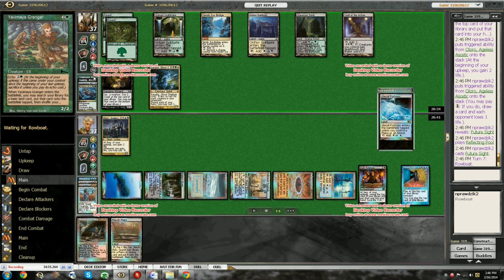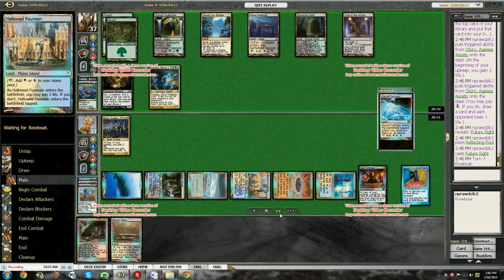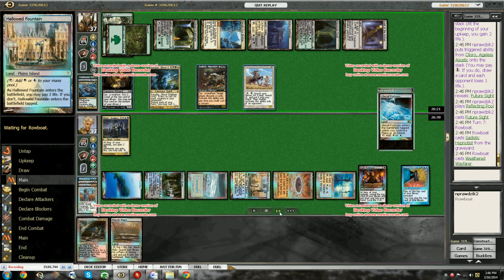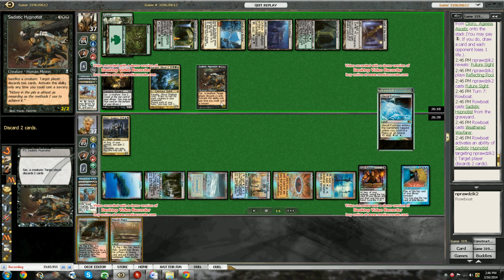I mean, Hypnotist, Granger, Reaper, none of these cards really are that threatening to me. So if that's all he's got, I am okay with that. So he goes ahead and...